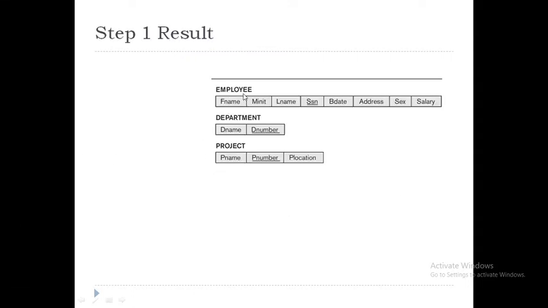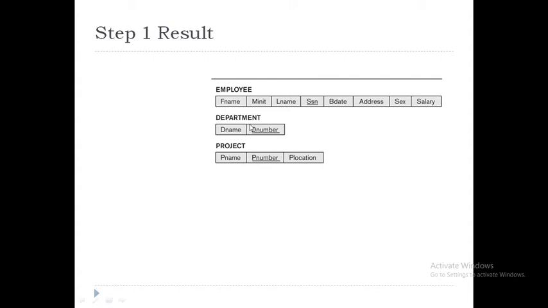So you can see here the relation name is employee and it is having these many attributes. And I have taken SSN as the primary key. So this is the schema representation. Okay. So here you can see SSN is underlined. That means this is the primary key of this relation.